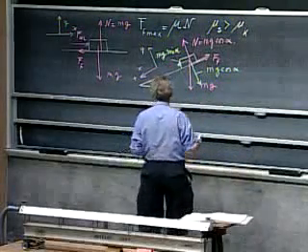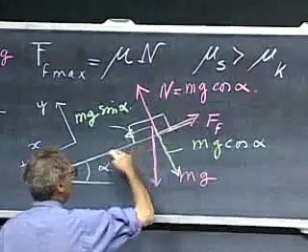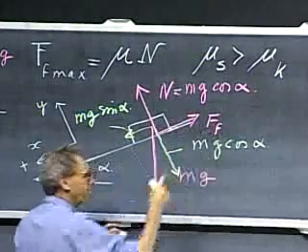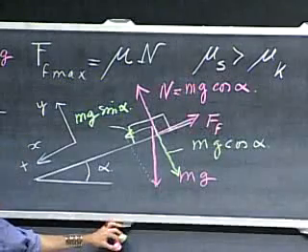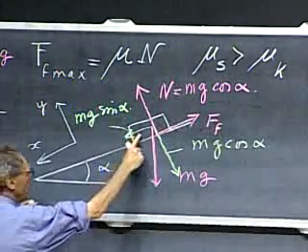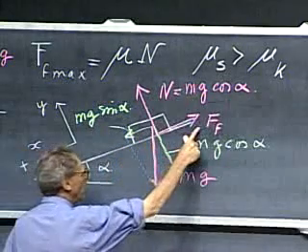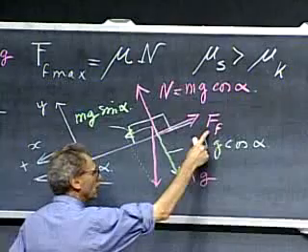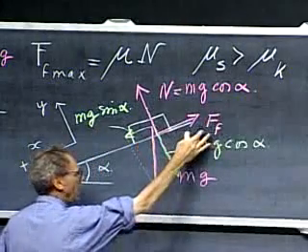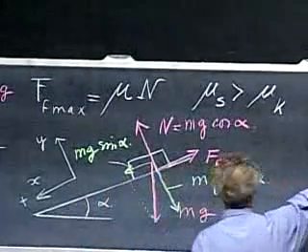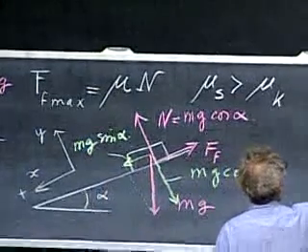I'm applying Newton's second law. In this direction now, the acceleration is still 0, but the frictional force has now just reached the maximum value, because I increase alpha, so this component will get larger, and this component will get larger, this component is still holding its own, but then all of a sudden it can't grow any further, and it starts to accelerate. So Newton's second law tells me that mg